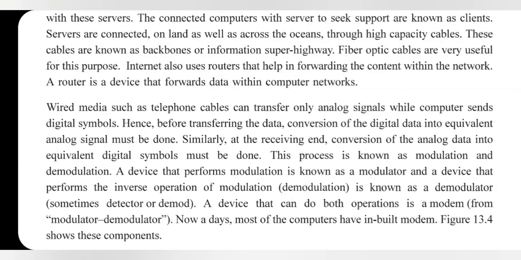So what will the modulator do? It will convert your digital data into analog. Then, through the telephone cable, your data will be transferred over the network. Now assume that the data has reached the destination point. At the destination there is also a computer, and in the computer we will receive the data. But in the telephone line the data is in analog form. So when we want to receive the data on the other side, we have to convert that analog data back into digital form.